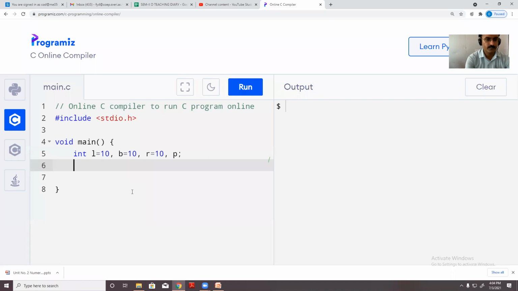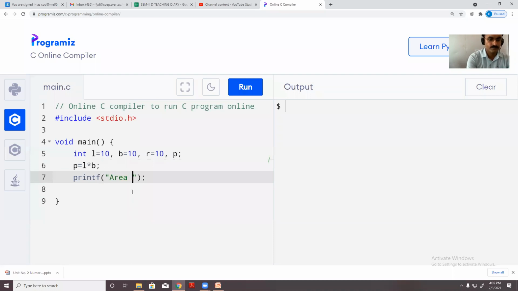I need to calculate area of rectangle. So area of rectangle, I'm going to store the value into P. What is the formula for area of rectangle? Yes, length into breadth, L into B. And here answer is going to be stored into printf. It will be stored here into, yes, area of rectangle.